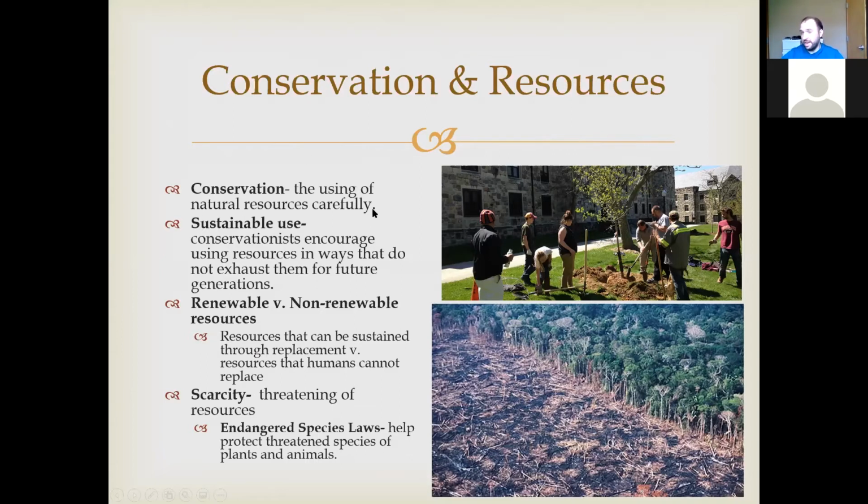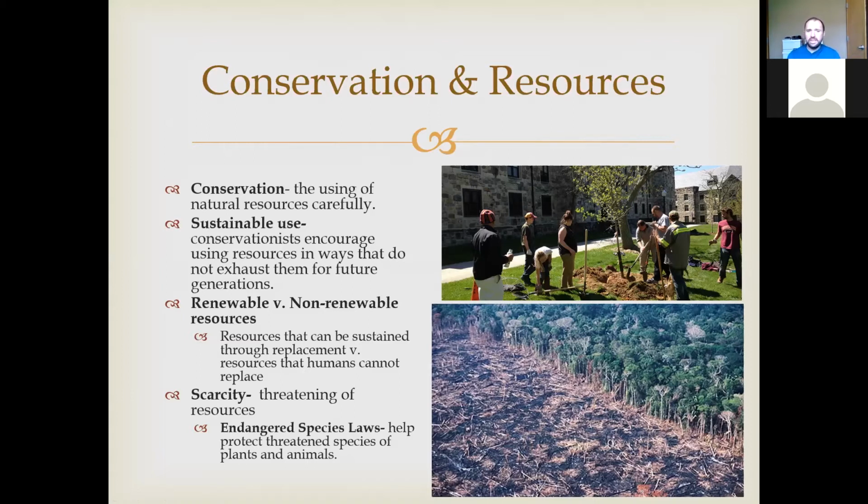So conservation and conservationists, people who are practicing conservation and working on ways to do this, because it's difficult, right? Natural resources are something we can't live without at the present. We need a certain amount of resources. So it's really important that we try to use them in as careful a way as possible, and also a sustainable way, right? So you hear the term sustainability or sustainable use, and it still is kind of a buzzword that you hear thrown around a lot.